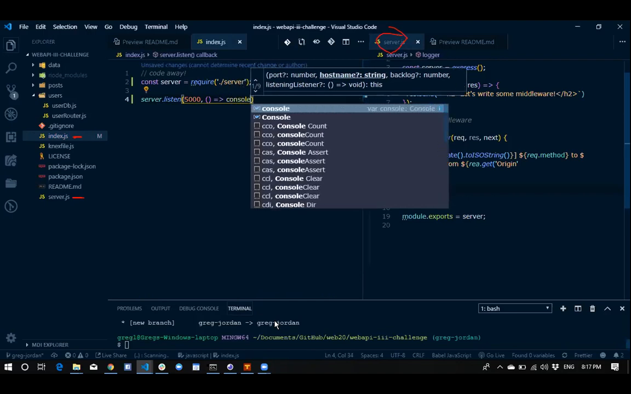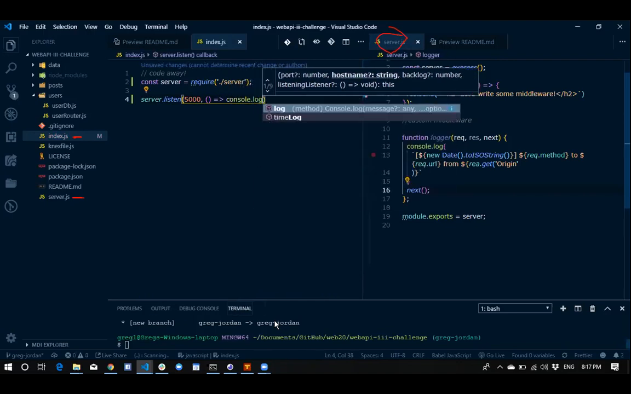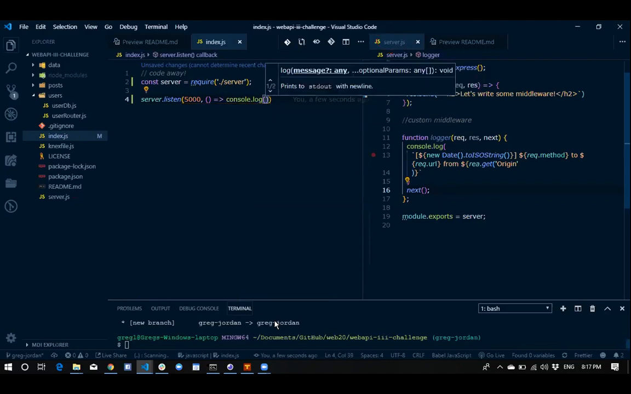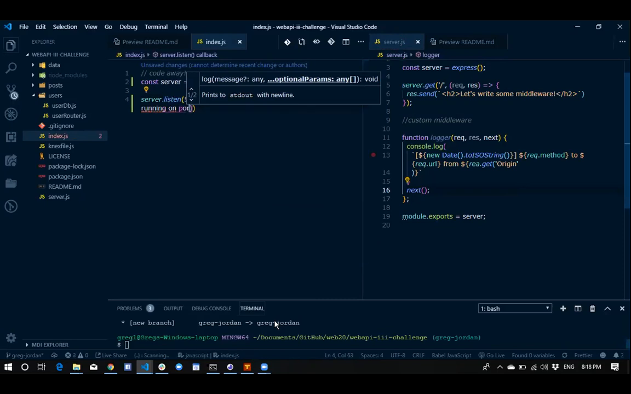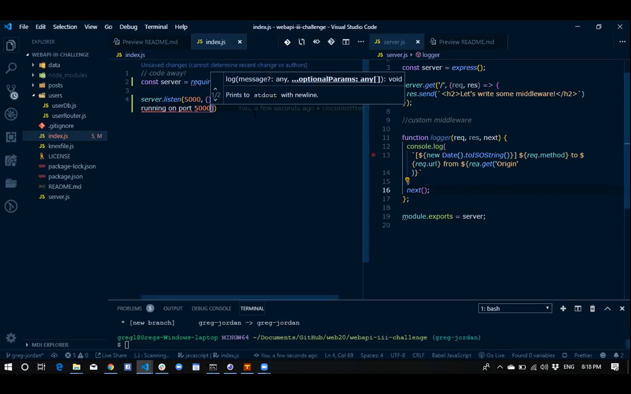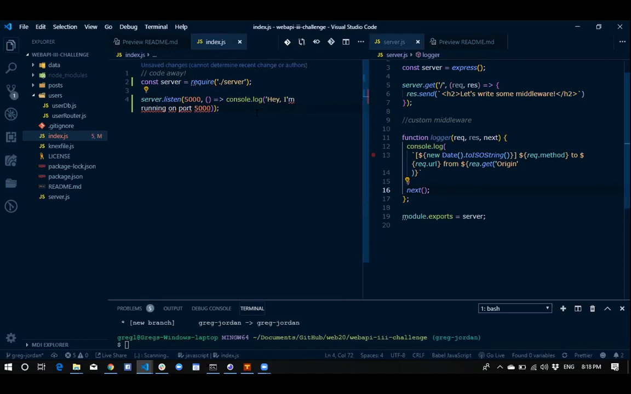That's exactly right. And then we pass in a string and say, hey, I'm running on port 5000. Cool. All right, so we're going to do something even cooler, is we're going to make that message dynamic,